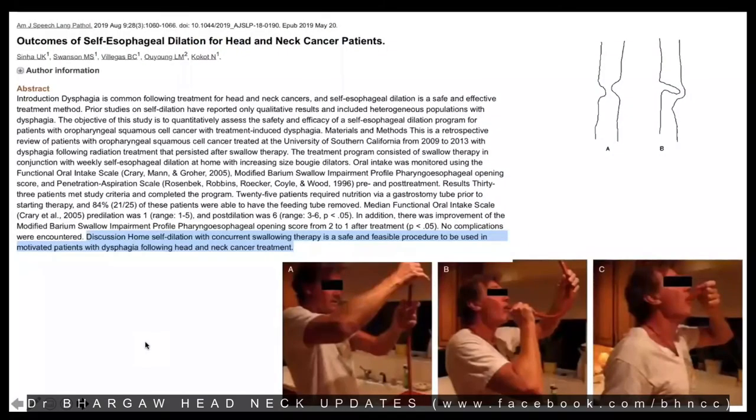Okay, so there is a recent paper by Professor Dr. Sinha, who basically published on self-esophageal dilatation for head and neck cancer patients. Instead of patients waiting to see the gastroenterologist or coming to us surgeons for a dilatation for their strictures, they can perform self-esophageal dilatation at home using specific Mallory or Mahoney dilators. Only thing is that prior to this, we need to really assess these patients with dysphagia due to stricture and find out how the stricture is.